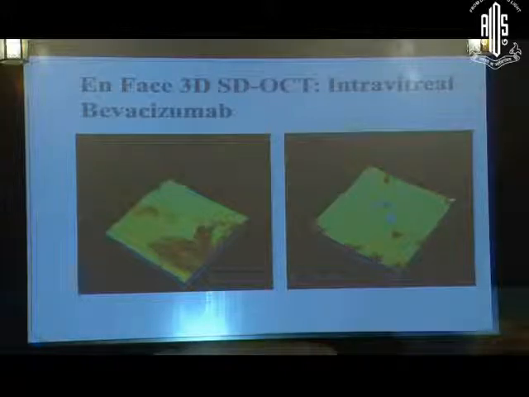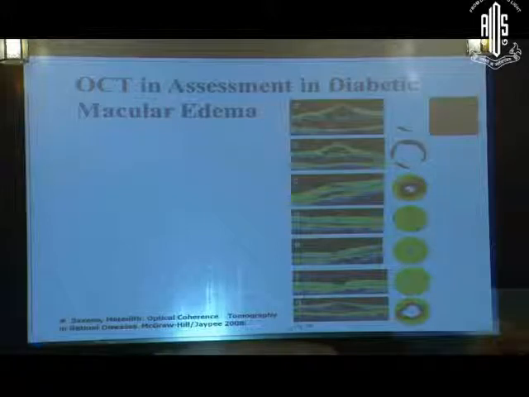The en-face 3D SD OCT is nowadays coming up very well, and this basically gives you a visual delight as well as the plan of knowing which area of the macula has to be lasered. So once anti-VEGF therapy has been done and the macula has flattened out, then one can go in for the laser photocoagulation. So all these treatment modalities really are very helpful.